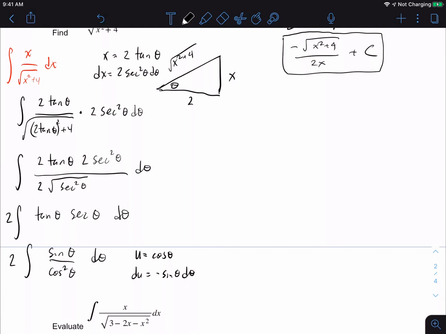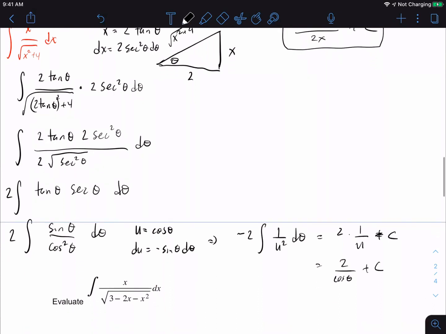And so this is going to be negative 2 integral of 1 over u squared du, which we know is going to be 2 times 1 over u plus some constant c. And then when we substitute, we're going to get 2 over cosine theta plus c, which is the same as